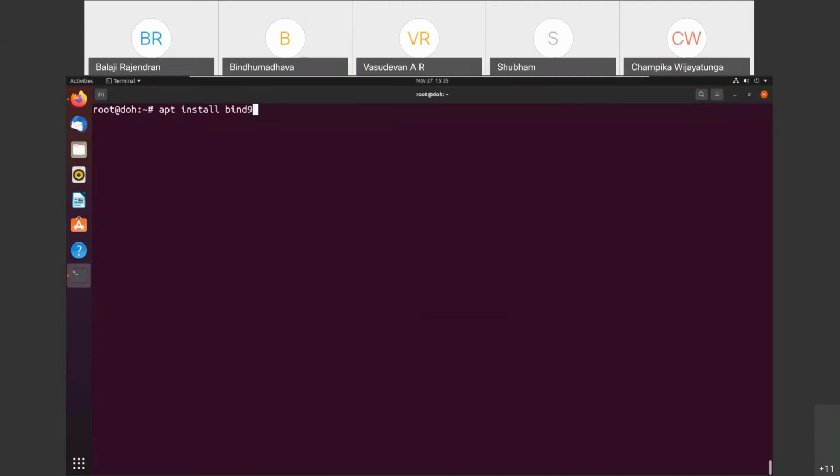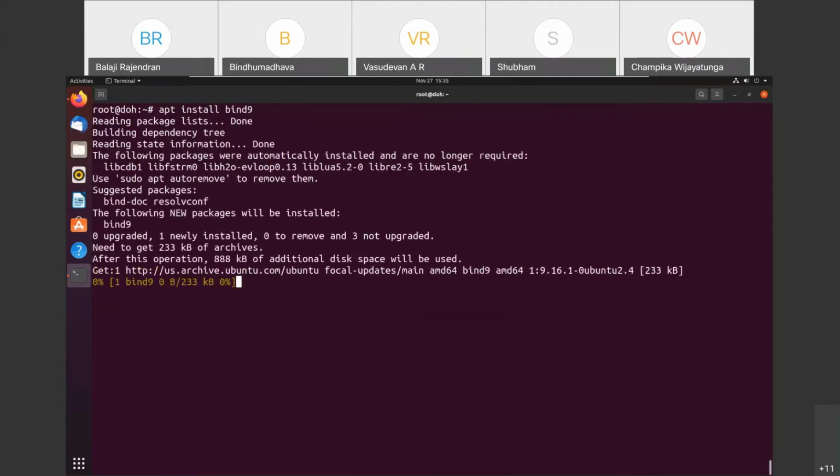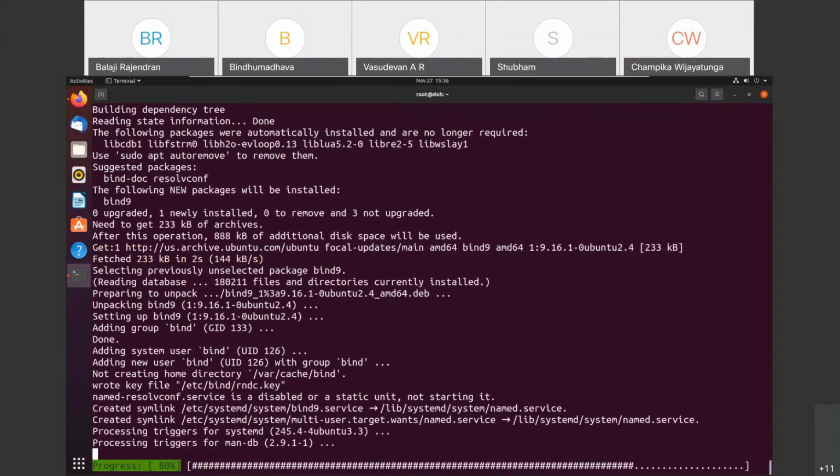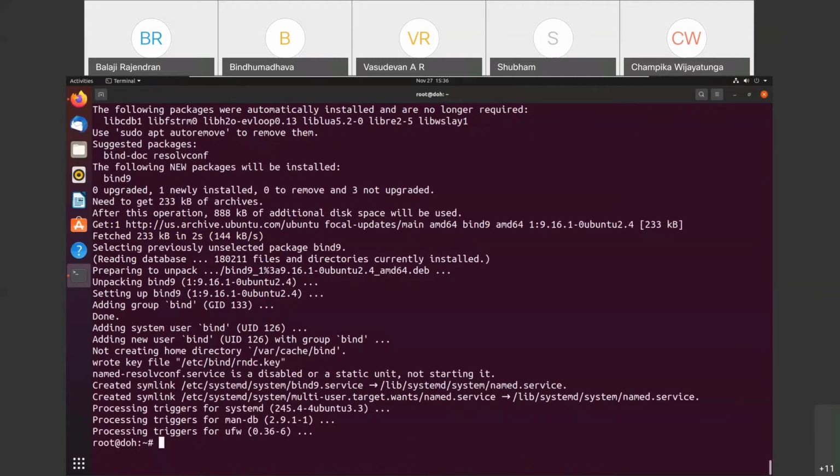If we do not want to install our own recursive resolver, then we can use any public recursive resolver like 8.8.8.8 or 8.8.4.4, or Quad1 1.1.1.1 or 9.9.9.9. So we can use any. But for this demonstration purpose, I will be using my own recursive resolver. So I will install BIND 9. Done.